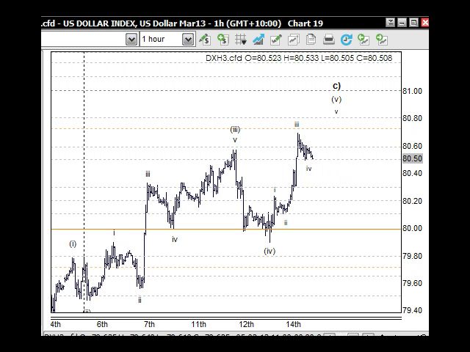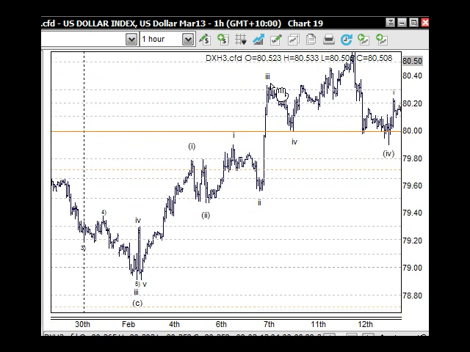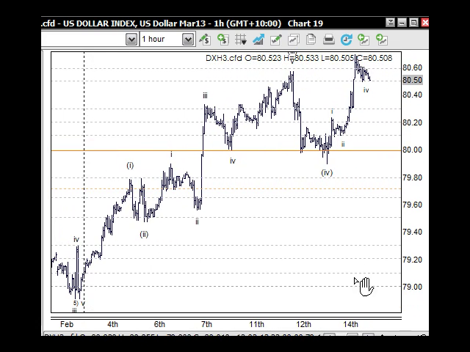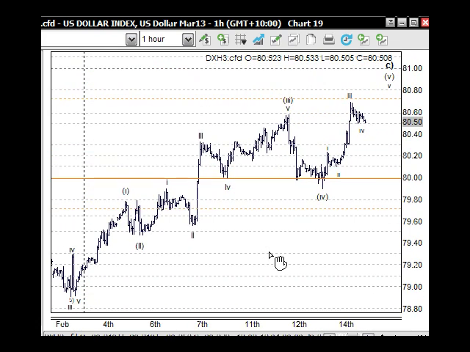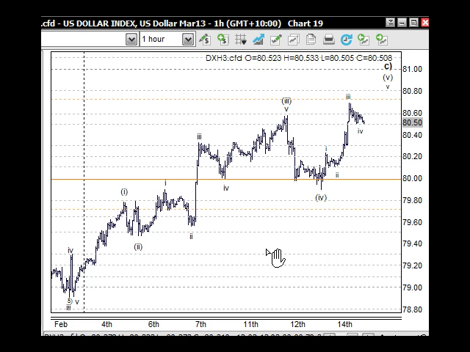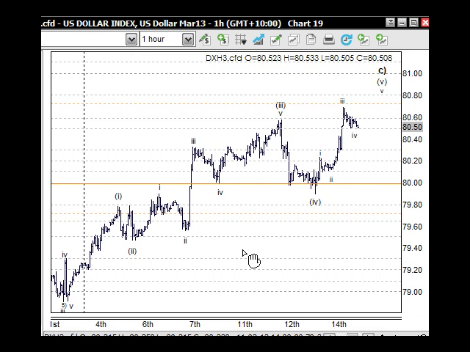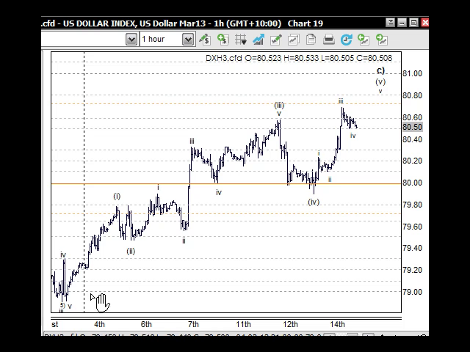Just to have a look at the bigger picture here, from this last low here, there are different ways to count all these wave structures, and in the daily report we go through those. The structure that can be counted here is the 1, the 2, and then the third wave here, which would have 5 waves in it, the 1, 2, 3, 4, 5, then the fourth wave and the fifth wave here. So we're looking at the 1, 2, 3, 4, 5 for the fifth of the C, for the C wave here.